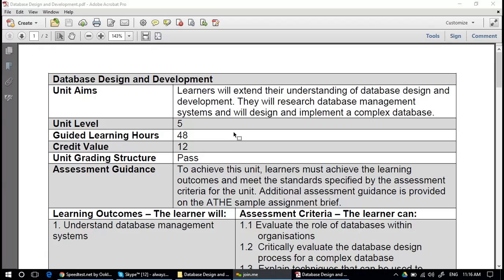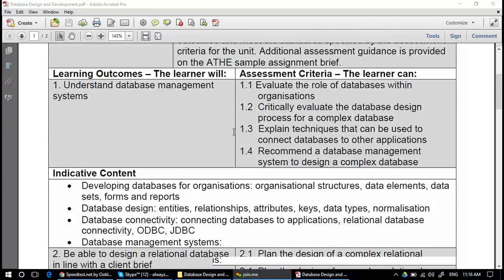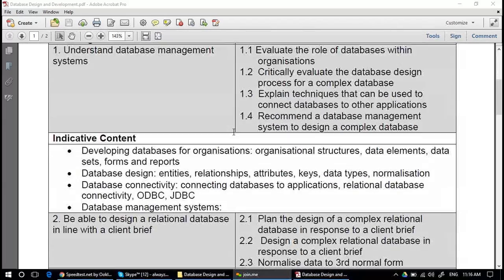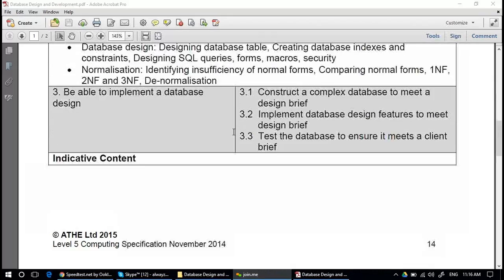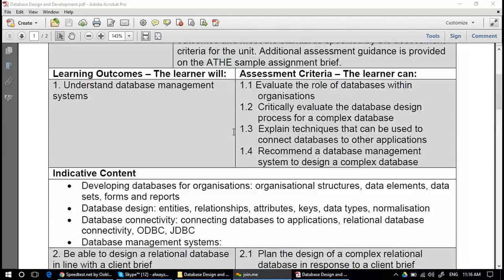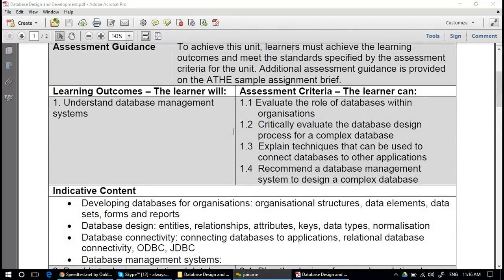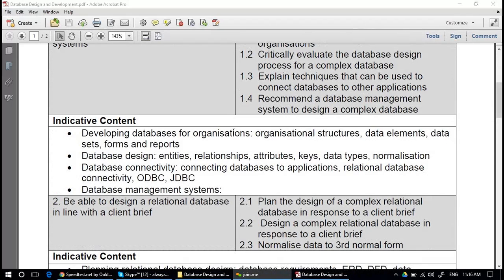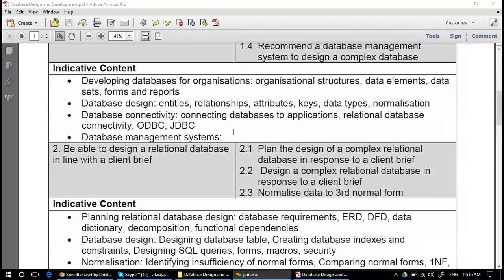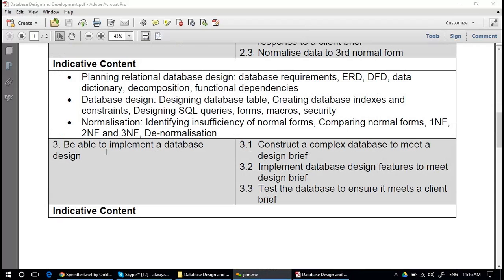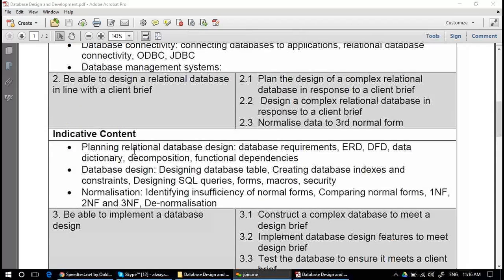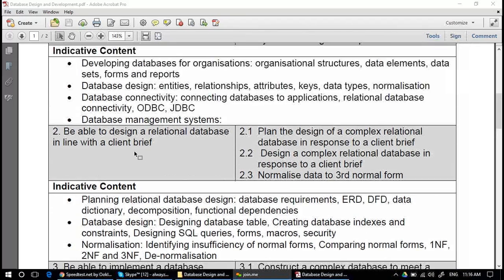So what I was discussing is that there are about 4 learning outcomes in each unit. So far we have conducted 2 learning outcomes in 2 sessions. The third session is on implementing a database, and apart from implementing a database, previously we had an introduction